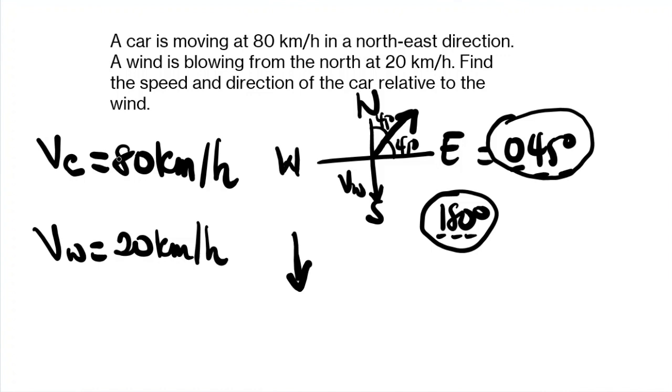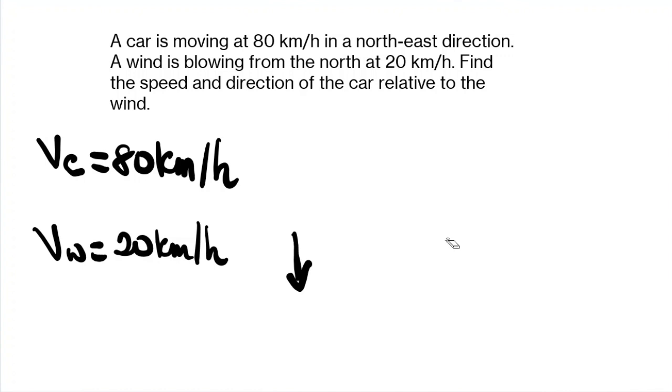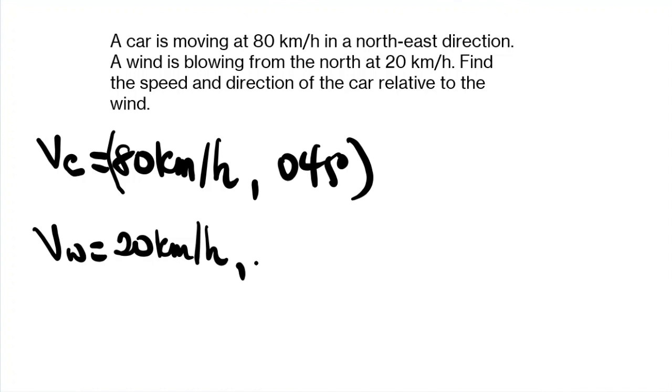So at the end of the day, these things are represented in magnitude and bearing form like this, right? The units are the same, so you don't have to worry about unit conversion. So imagine the bearing form. I can write this in one line like this. This is 045 degrees, and then comma, this is 180 degrees. Now we got these two. Now we are ready. We need to convert them to